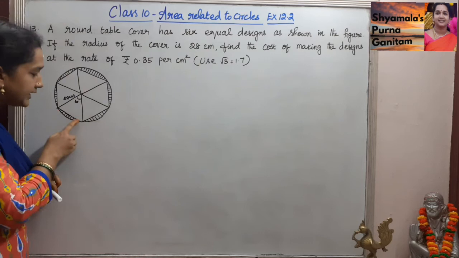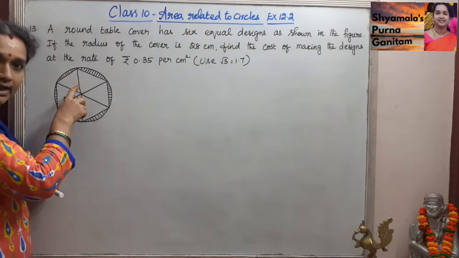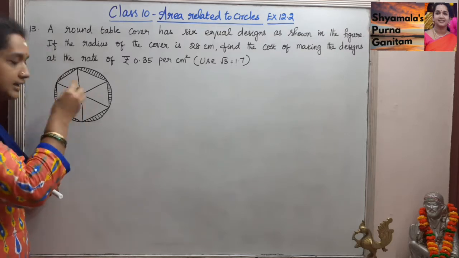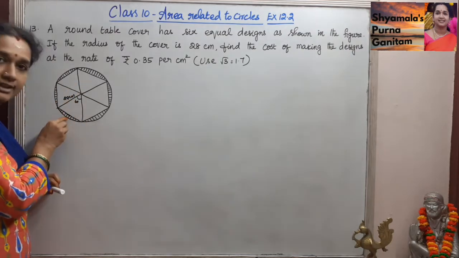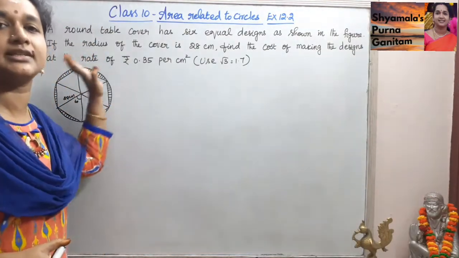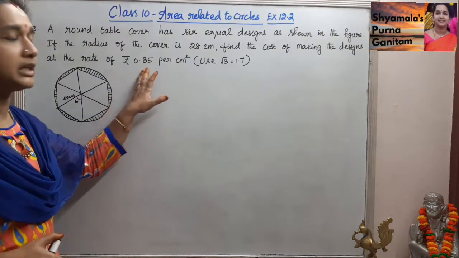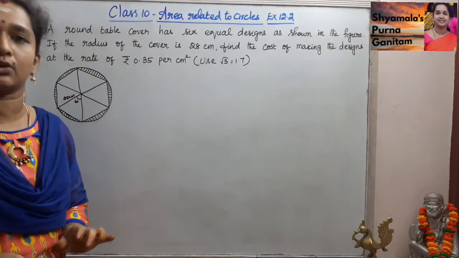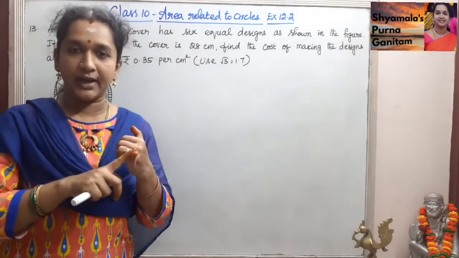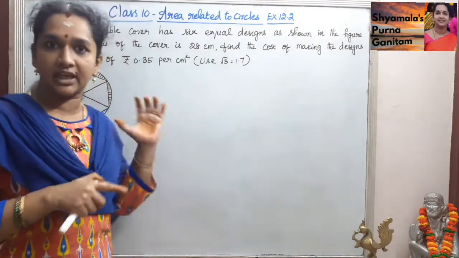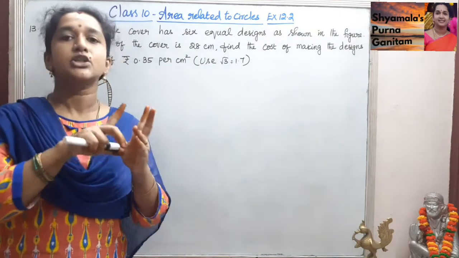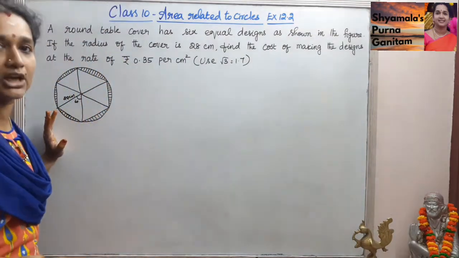Then for finding this segment, area of the sector is this whole thing minus area of this triangle, we'll get this part. Into 6 gives us the area of the design. Then we multiply it by the cost given. So this is how we are going to do. First, area of the sector we will find. Theta is given as 60 degree. Then radius is given as 28 centimeter. With the help of these two things, we will find the area of the sector.